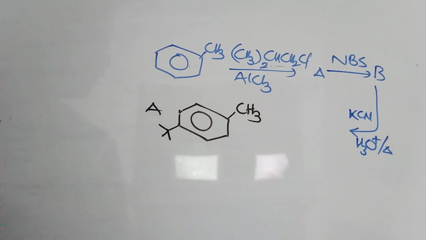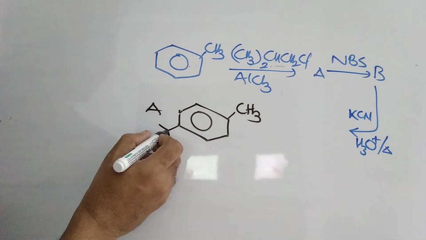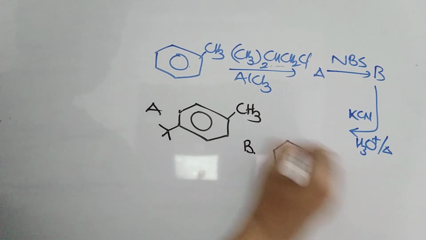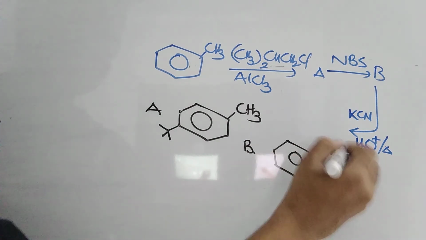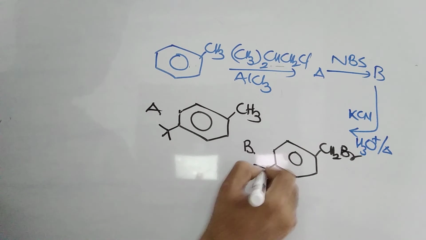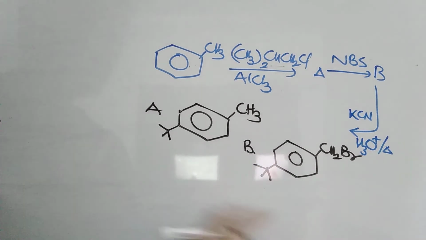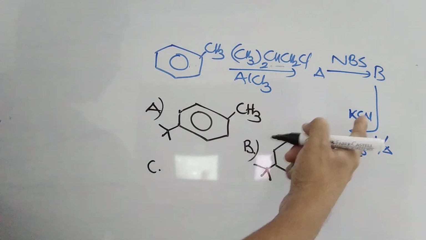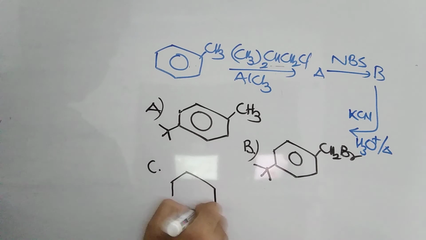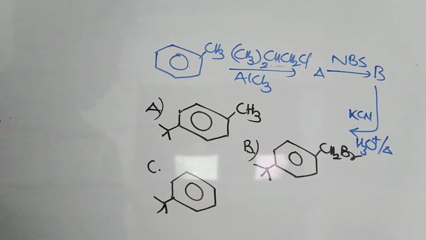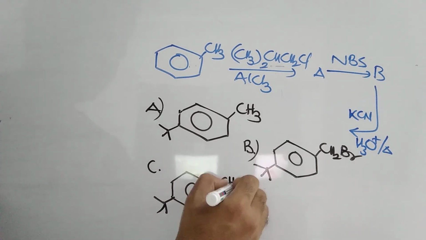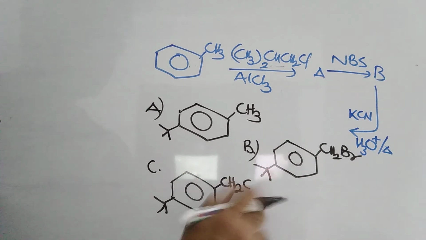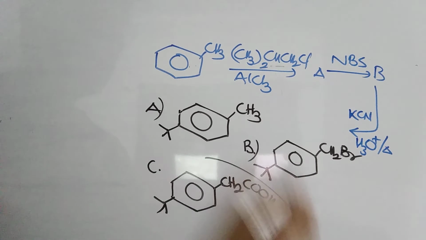So that is coming here and you are getting a tertiary butyl group. Once it is done, the remaining will be easy. Here there is no hydrogen to be replaced by NBS, so mandatorily the hydrogen is replaced from this part only. So CH2Br you are getting. This is tertiary butyl group. Okay, don't confuse. This is A, this is B, C. And bromine should be replaced by cyanide. So CH2CN. But immediately hydrolysis is also mentioned. So on hydrolysis, it always converts into acid.